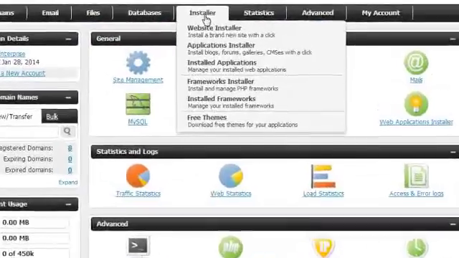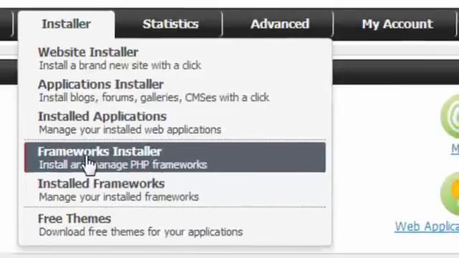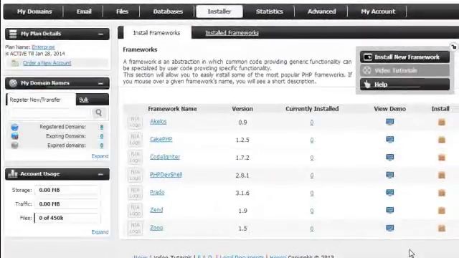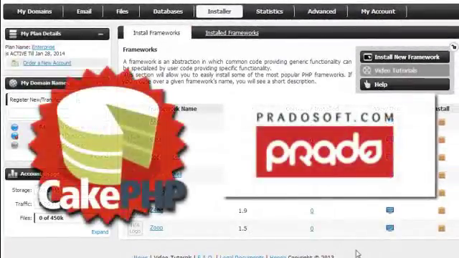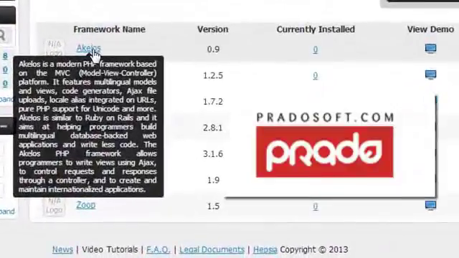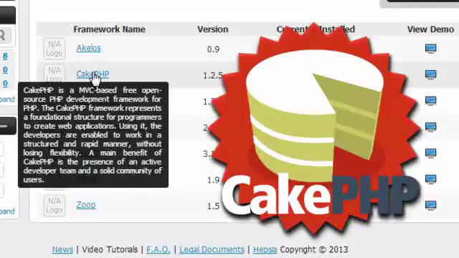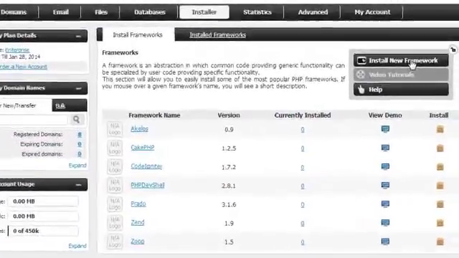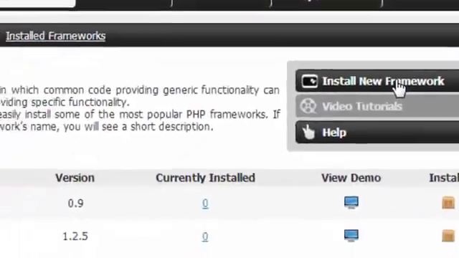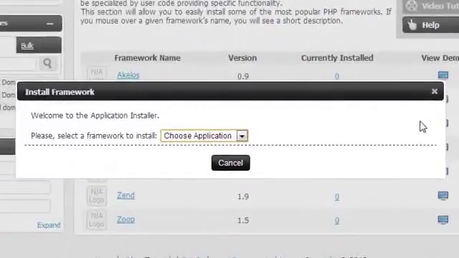From the control panel, in the section Frameworks Installer, you can install some of the most popular PHP frameworks on the web, like CakePHP and Prado. To learn more about a PHP framework, you can hover over its name. When you choose a software framework suitable for your needs, you can click on the Install New Framework button, and